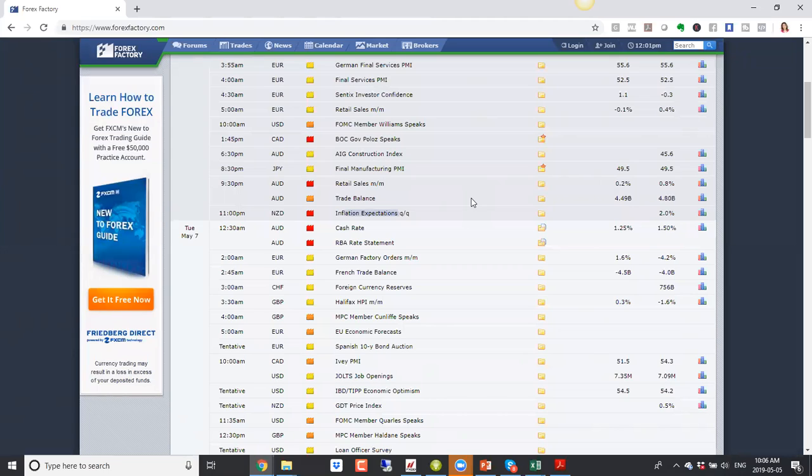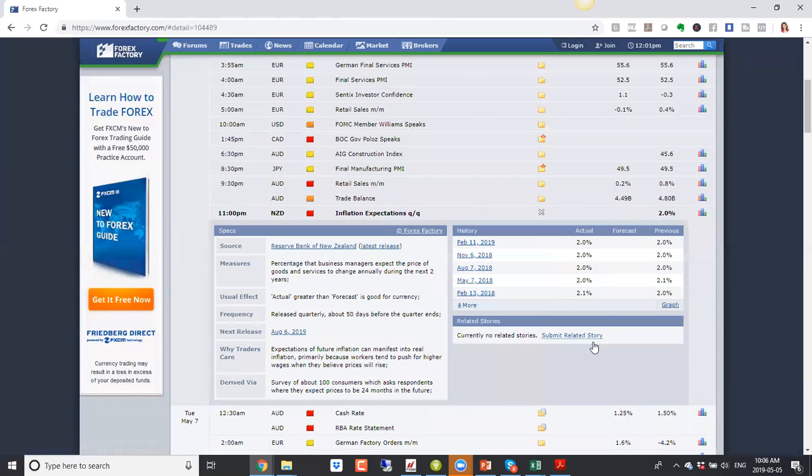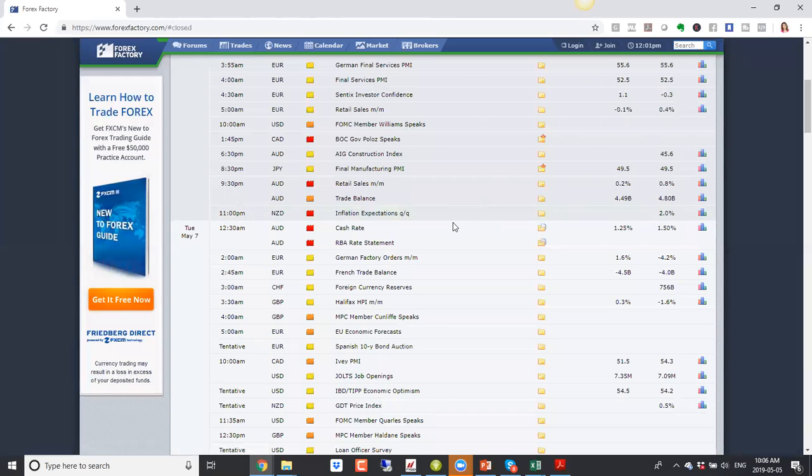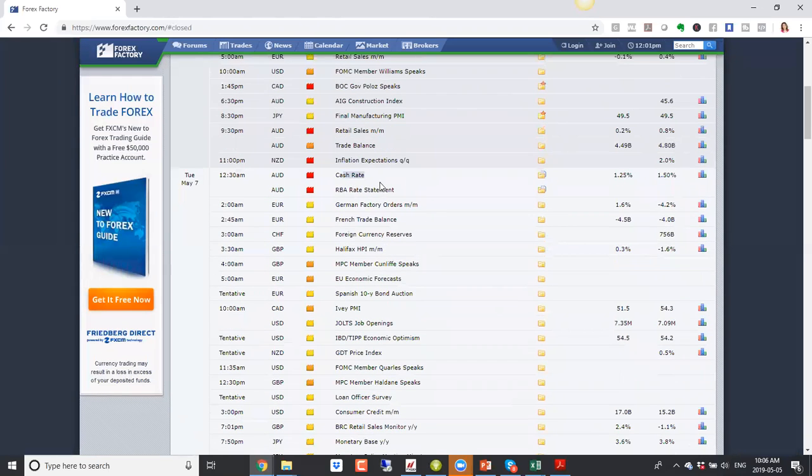If the data continues to come out negative, it will have a negative impact on the New Zealand dollar. This inflation number is very important for central banks. It is a key indicator that they track. So if this is negative, it could have a negative impact on New Zealand. If you look at the previous numbers, they've been stable. So now if they drop, I would expect the New Zealand dollar to go down. And then we have this